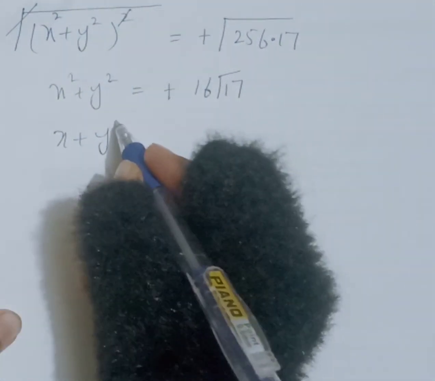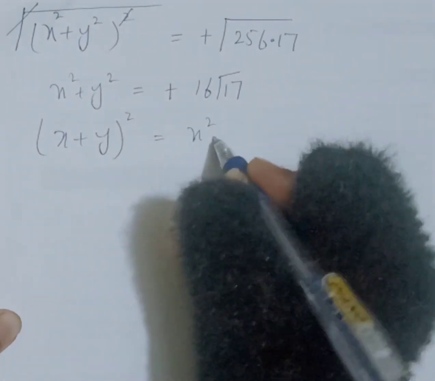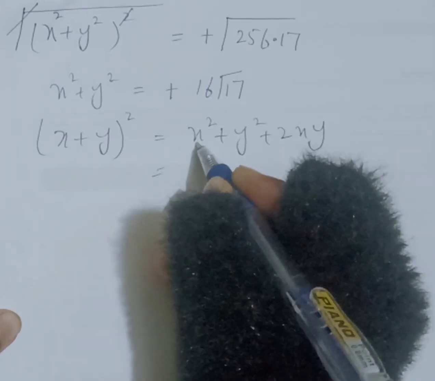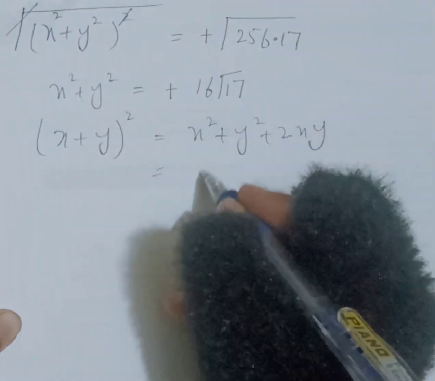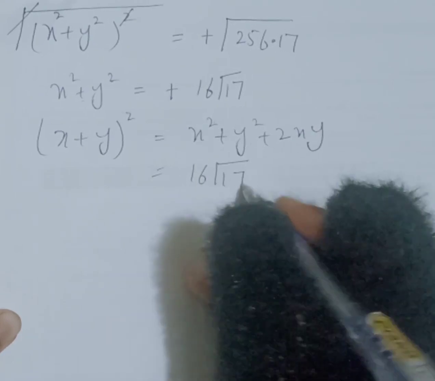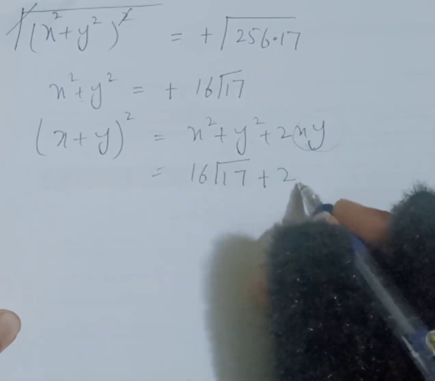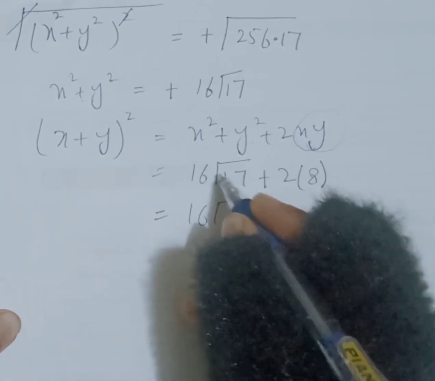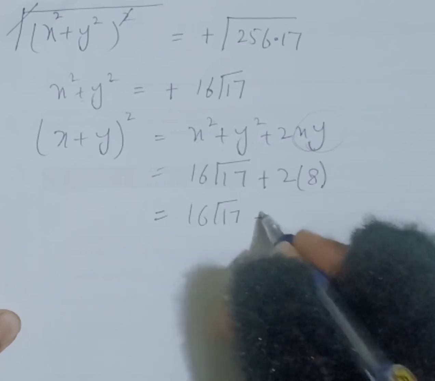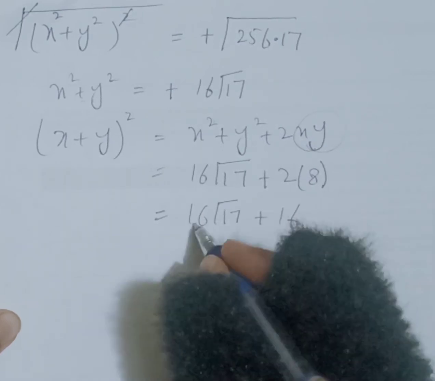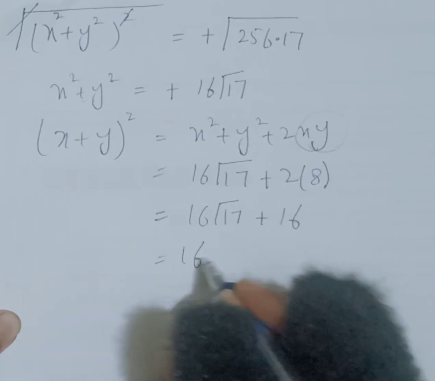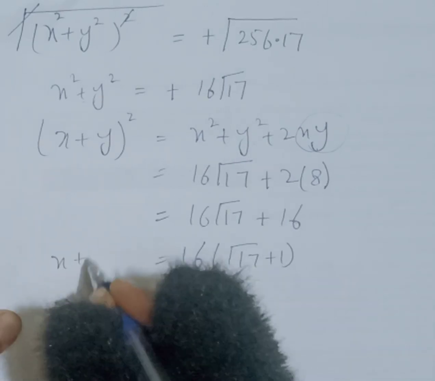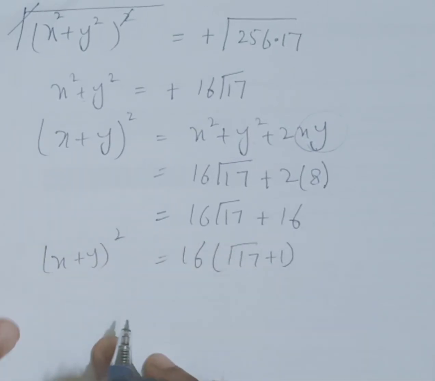So if we take a square, x plus y whole square is equal to x square plus y square plus 2 times of xy, and we know the value of x square plus y square, it is equal to 16 square root of 17 plus 2 times of xy, it is equal to 8. Now look at this, it is 16 times square root 17 plus 2 times 8 is 16. 16 is involved in these two terms, so we take it common. 16 times square root of 17 plus 1 is equal to x plus y whole square, and we just find the value of x plus y,